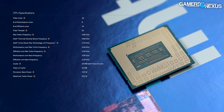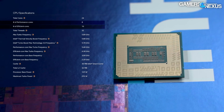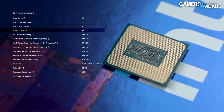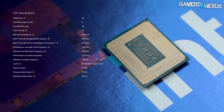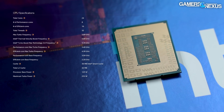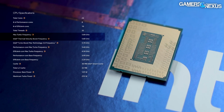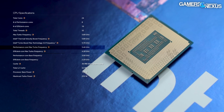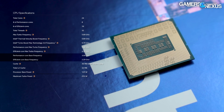The specs have the 13900K at 8 P cores and 16 total threads off of those. It's got 16 E cores, and then the total thread count all combined is 32. That puts it in direct thread competition, at least with the 7950X, but they are structured much differently. For frequencies, the new 13000 series really boosts high, so Intel, a lot of power is going into maintaining this high frequency, where they're marketing a 5.8 gigahertz max turbo or max thermal velocity boost, or TVB. Intel says it does 5.4 gigahertz P-core max turbo. It does 3 gigahertz base for P-cores and 2.2 for E-cores, with a max TDP of 253 watts and a